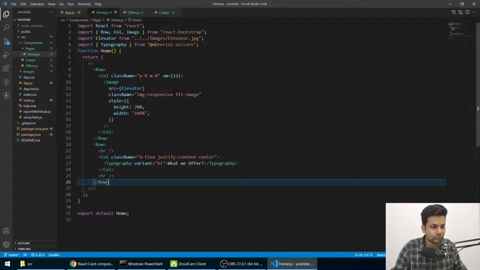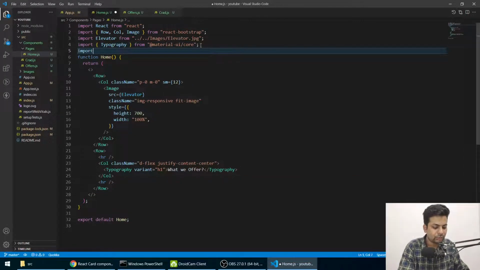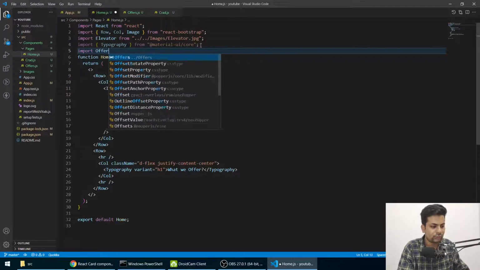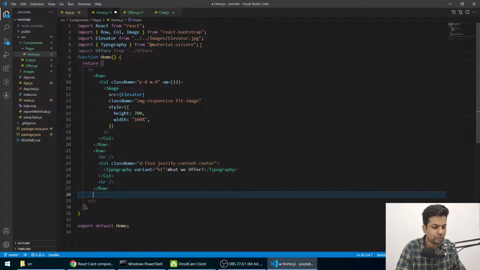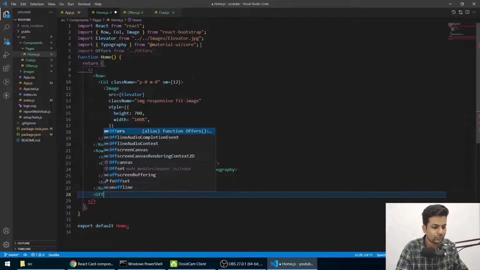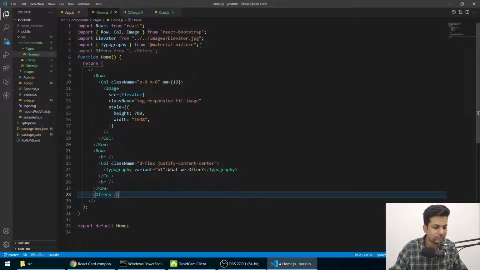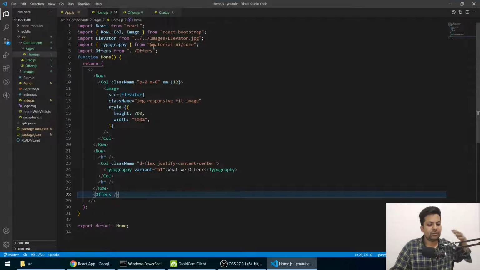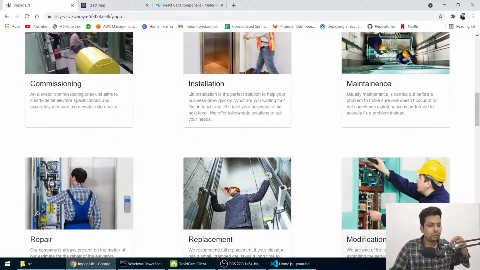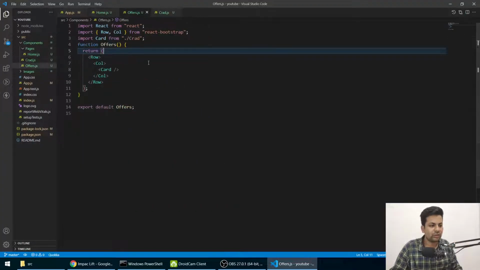Now if I just use offers there, it will be easy. So I go here and say import offers from, no, it's in the back, offers, yeah, and I'll just push the offers here. Okay, like this. If I save it, let me just check. I think, see, it's appeared. So now I will do this whole part in this offers page, and it will appear on the main website, because I have used that component here in the home page.